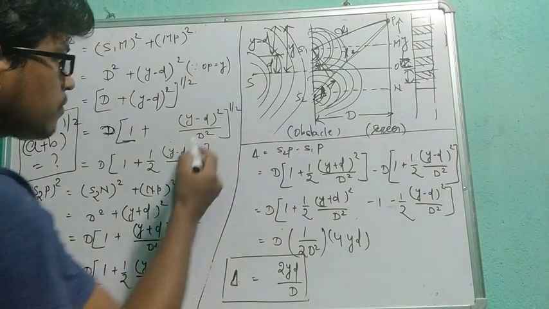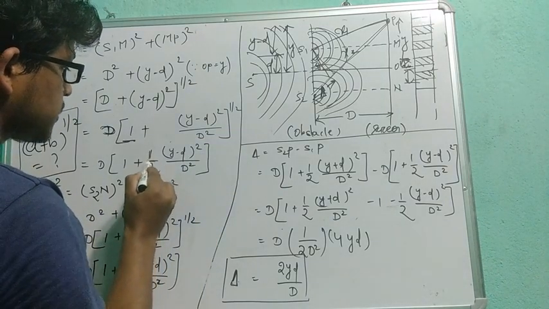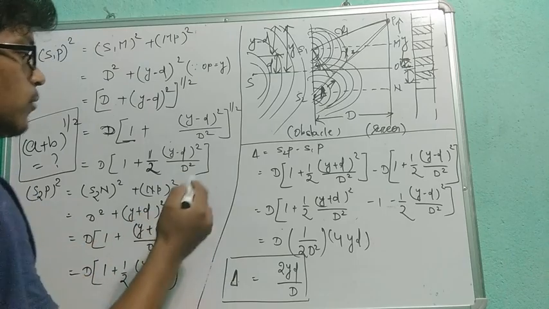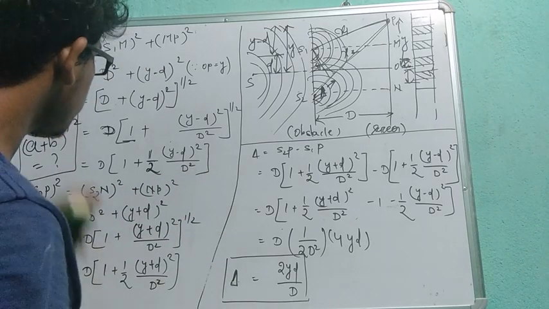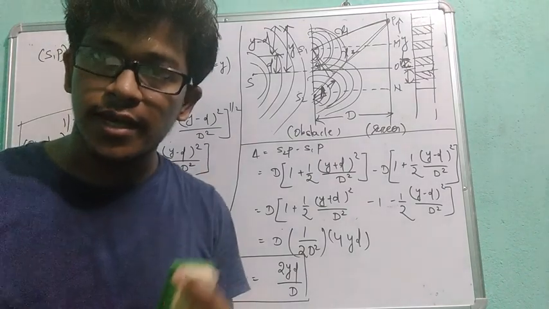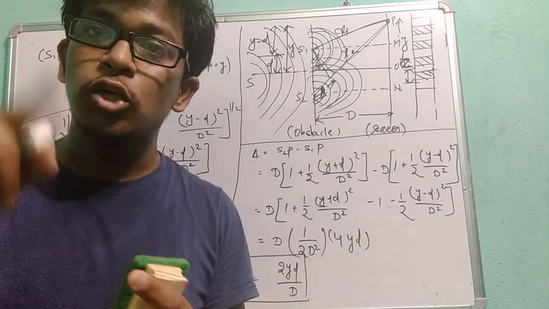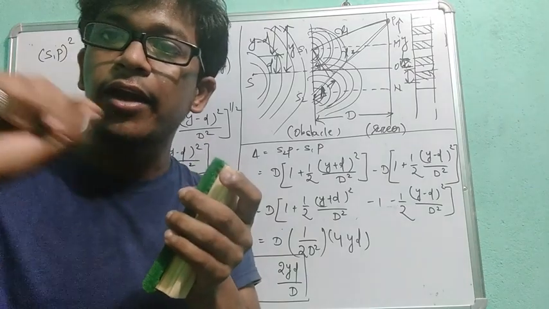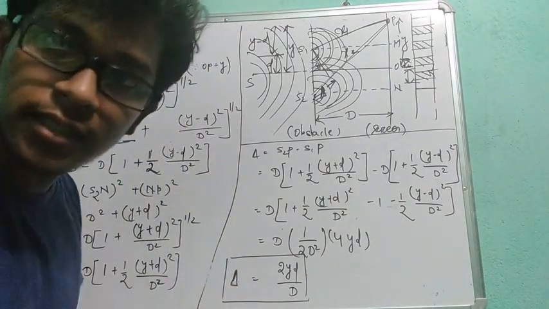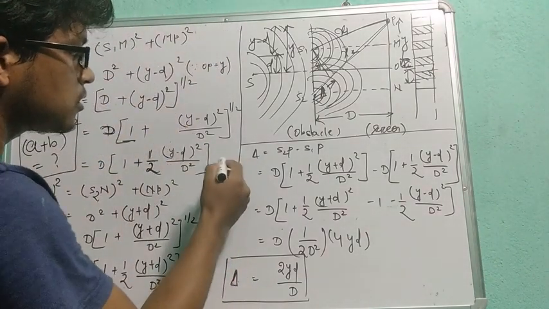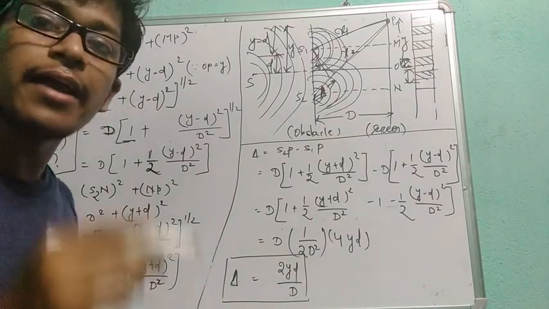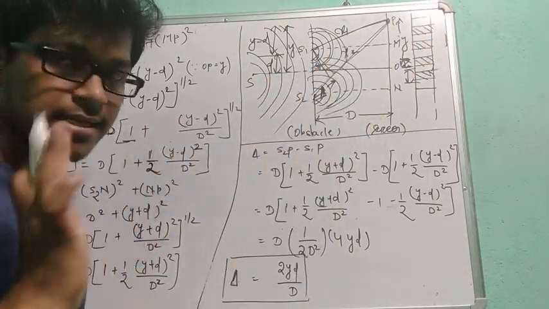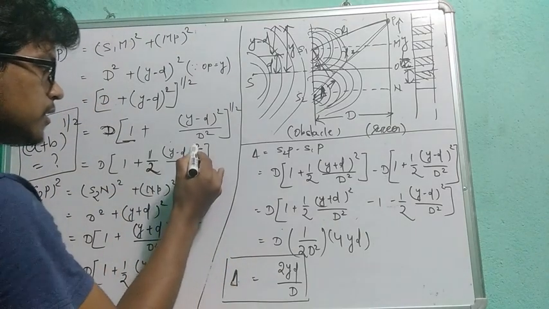Okay, fine. So this is your binomial expansion formula, 1 by 2, Y minus D, whatever it be. And one more thing, guys, you will be thinking that in the expansion, suppose A plus B whole square, A square plus 2AB plus B square. Simple power 2 is giving you 3 terms. This is half, means you will get n number of terms. Where are the other terms? I cancelled the higher degree terms, higher power terms. Here power is 2 and the next powers I cancelled. Okay, I kept only this power.